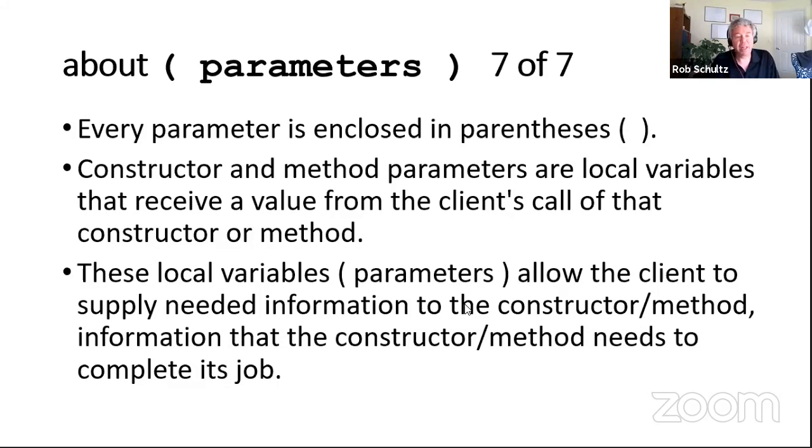Whenever this comes up in my class, I always refer back to the Math class methods. Math.random is an example where there is no parameter inside the parentheses. But with something like Math.sqrt, we have to give it a value so that the method can do what it's supposed to do. Those are some other examples. If we didn't have a parameter for the square root method, we could say find a square root, but we wouldn't be able to tell it what number we want the square root of. Fabulous. I hope that's helpful.